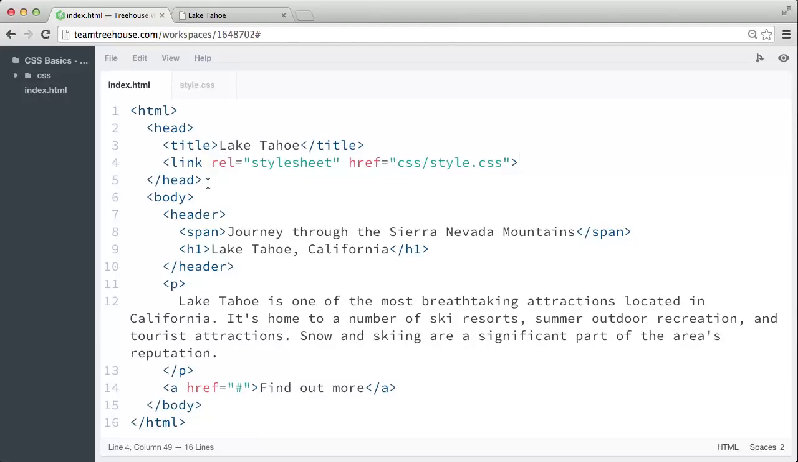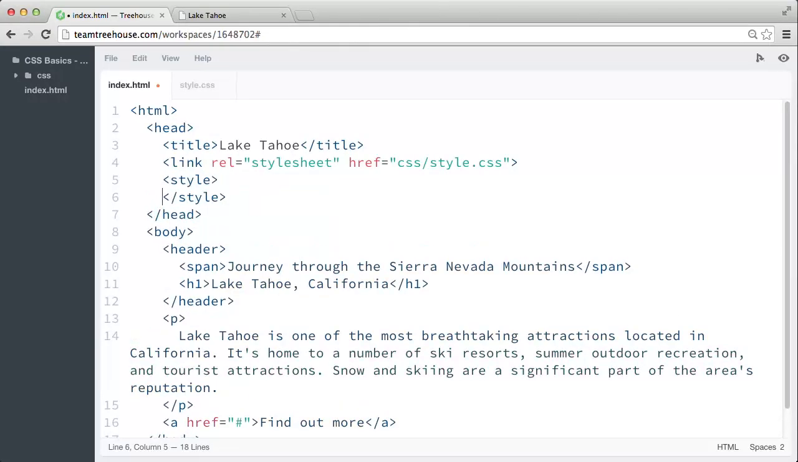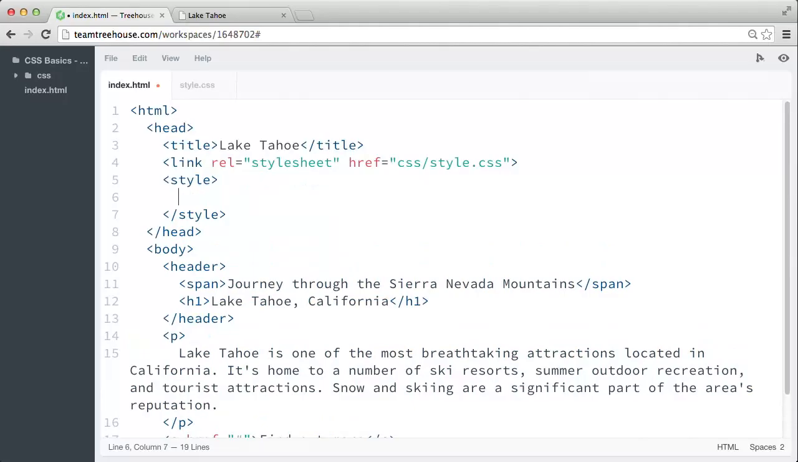So back inside the head section of our page, right underneath the link tag, let's create a new style tag like we did earlier. And inside the style block, I'm going to write @import followed by a set of quotes and a semicolon. And inside the set of quotes, we'll specify the path to the CSS file we want to import. So in our workspace's CSS directory, we should see a file named